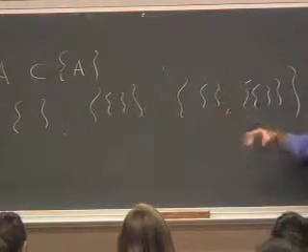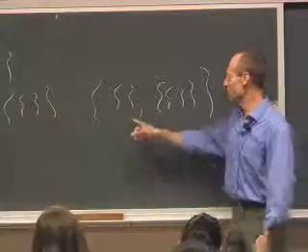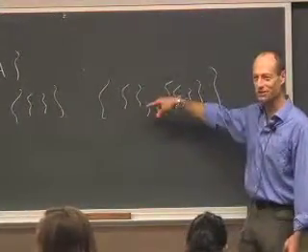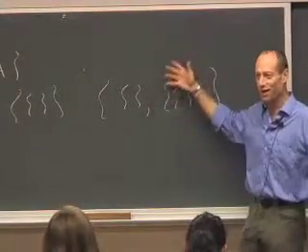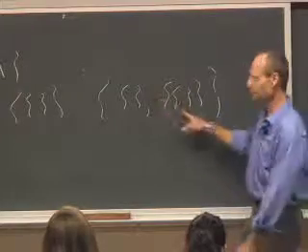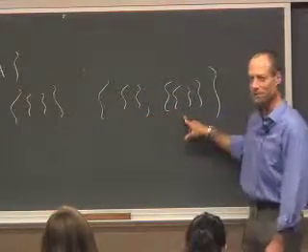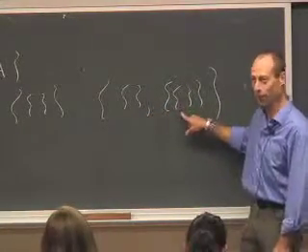There's three bags inside, but you can't tell them apart, right? The empty set, there's only one empty set. So you can't put the empty set in the set twice. It's already in once. It's in forever, right? There's only one of them. So what makes this element different from this element is that this is a bag around a bag, and this is just a bag.